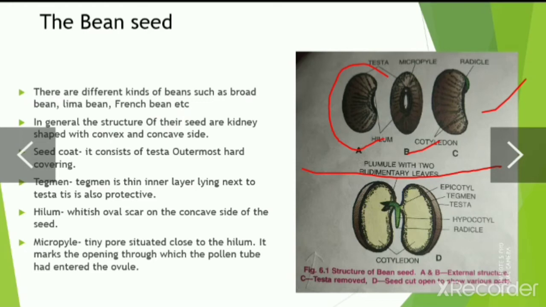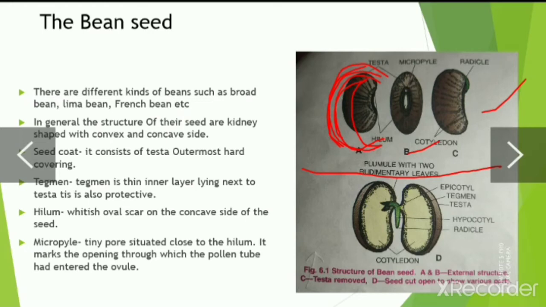Now the outermost covering of the seed is known as the seed coat, which is differentiated into two parts, the testa and the tegmen. The outermost hard brown covering is known as testa,